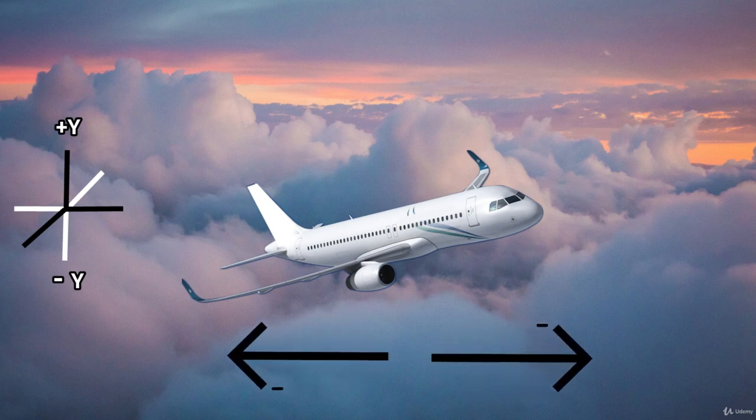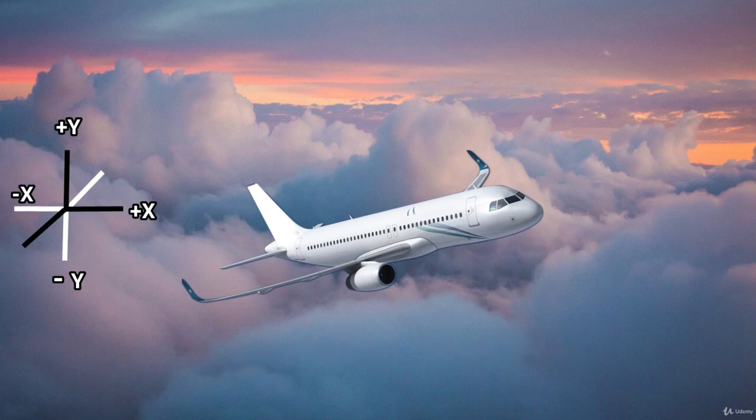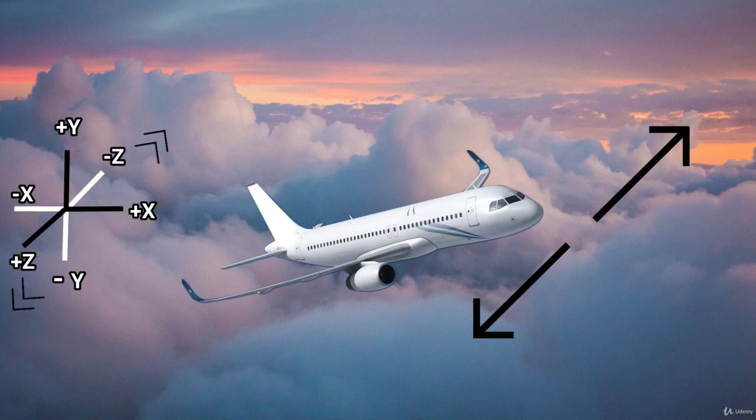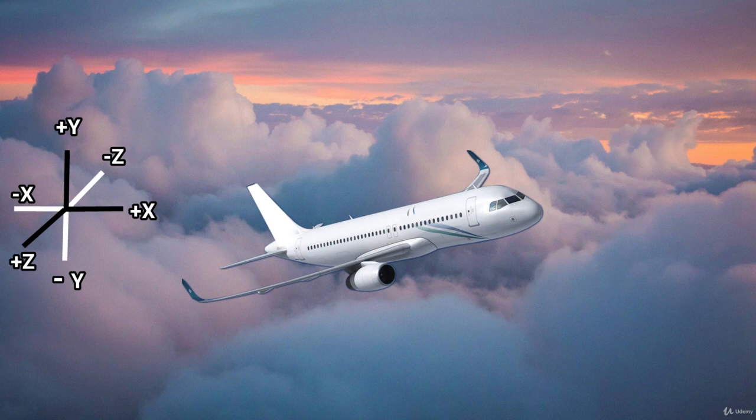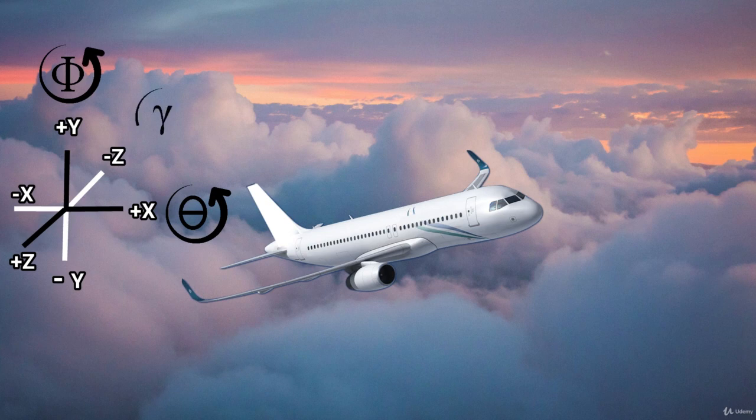Forward and backward, that means towards plus x and minus x axis, and also towards us and away from us, or plus z and minus z axis. It can also rotate about all the three axes. Let's say theta is the angular rotation about x-axis, phi is the angular rotation about y-axis, and gamma is the